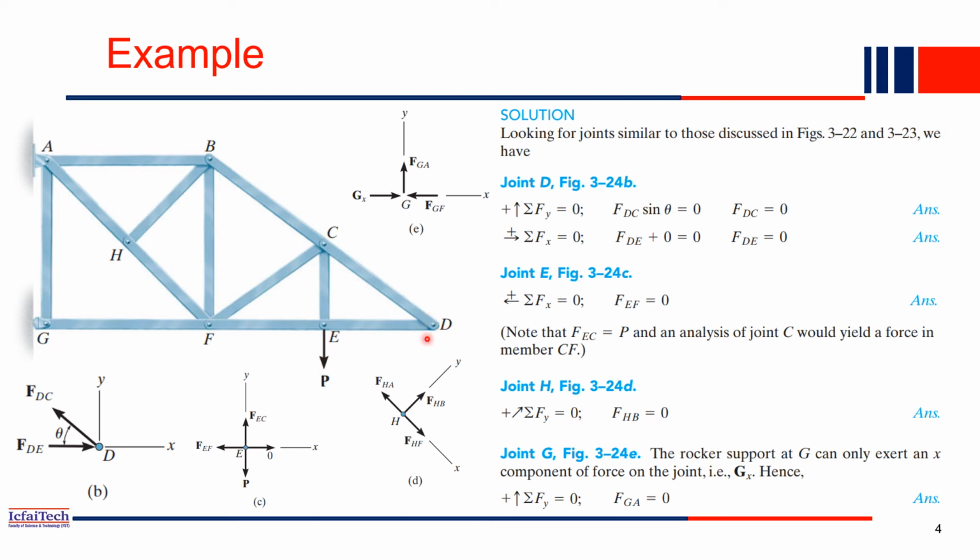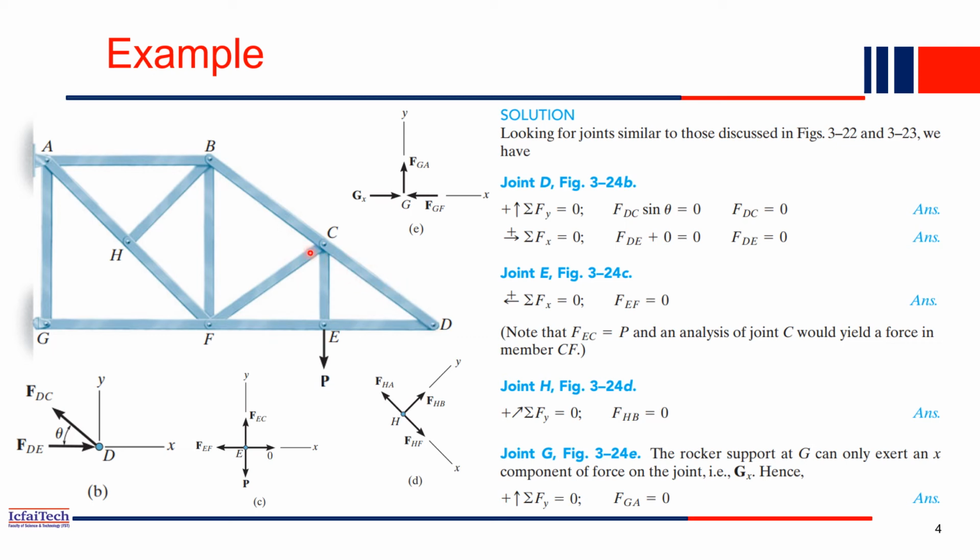So only one force is acting here. If you consider this joint D, what will happen at joint D? At joint E there is only a vertical force acting, no other external forces. In joint D there are only two bars connected. One is this horizontal bar, and another is the inclined bar. The inclined bar has two components, one vertical and another horizontal. But in the vertical direction, there is only a single vertical force. No other vertical force is there in the member. So this member should be equal to 0 because there is no vertical bar, right? Just by looking at this diagram, we can tell that this is a zero force member.